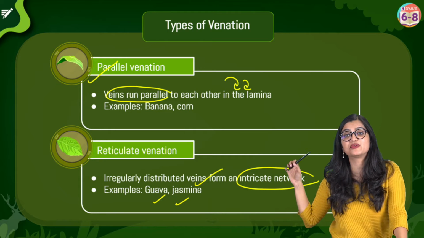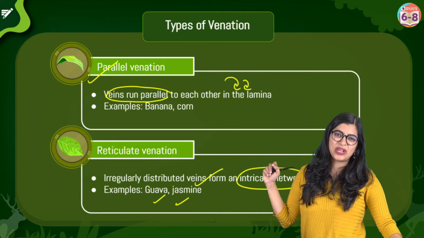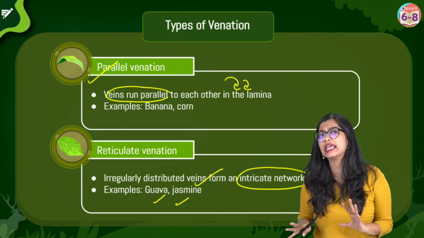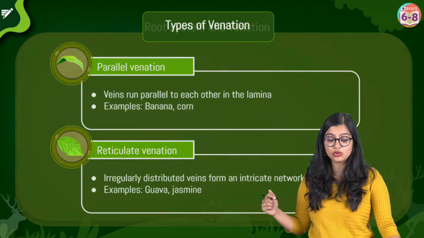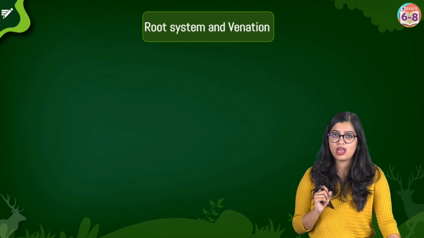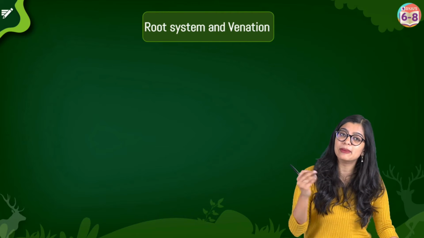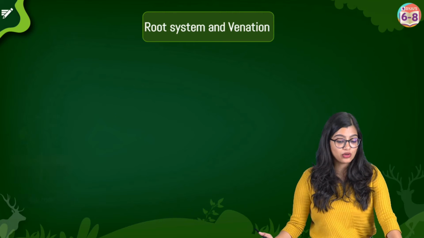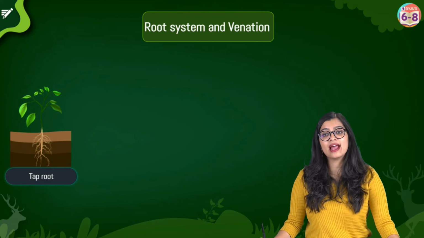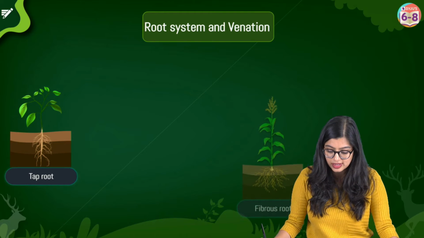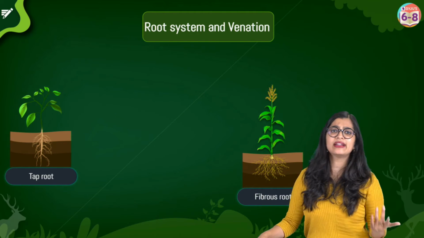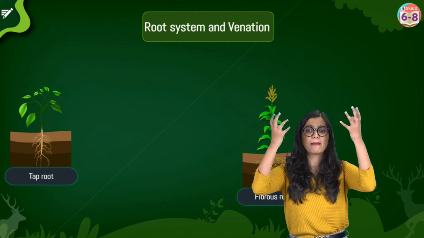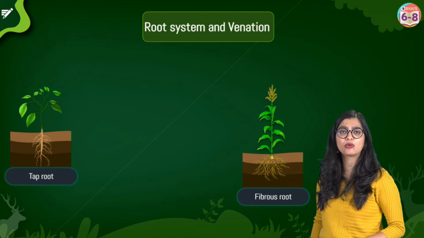So with this, we have seen the types of venation. Now why should I learn about all this, right? How is all this related? Now you see, venation also has something to do with your root system. Going back, we have learnt about the importance of roots and how there are two kinds of root systems, where you have the taproot system and then of course we have the fibrous root system. Now, every time I want to know which plant has taproot, which has fibrous root, I cannot keep uprooting the plant just to see whether a plant has taproot or fibrous root.